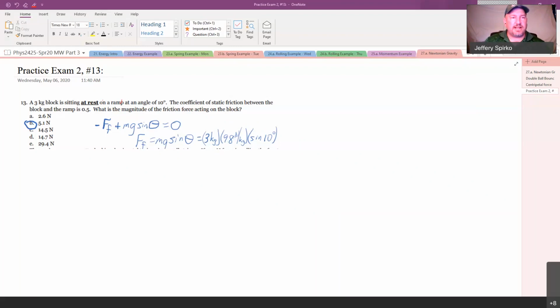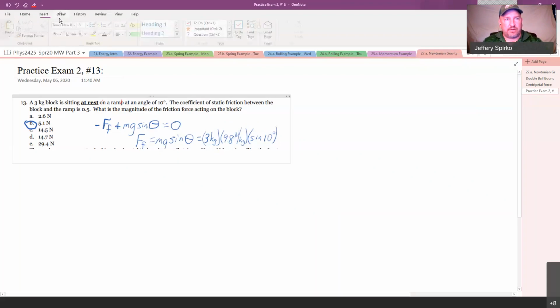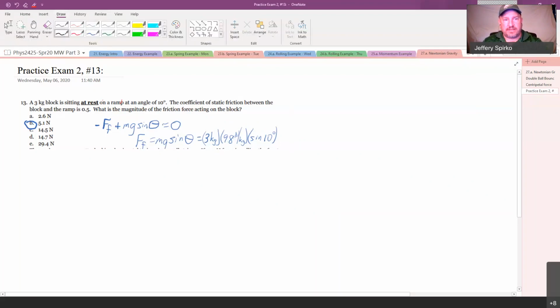So the requested analysis is practice exam 2, number 13. And in the solutions, I showed a very basic calculation that we can do. But in order to know that this is the right calculation to do, we have to go back and think about the full analysis. So we have this object on an incline, and we're at an angle of 10 degrees,